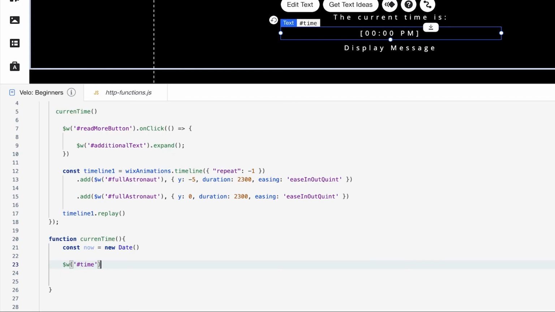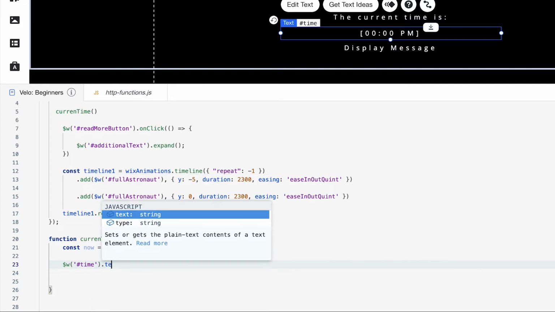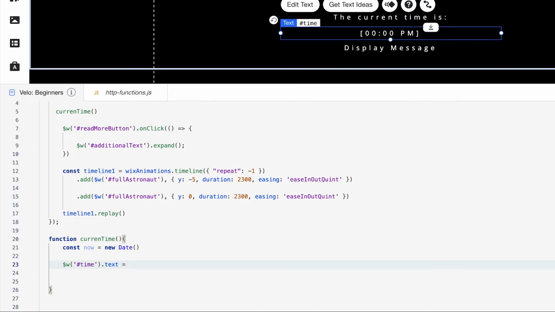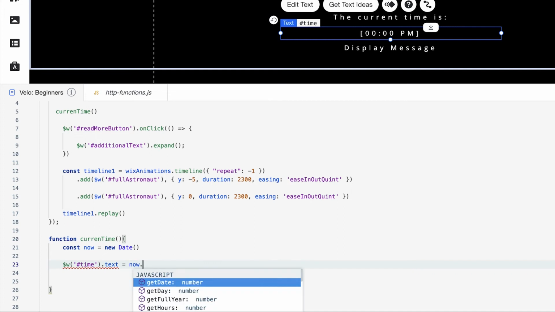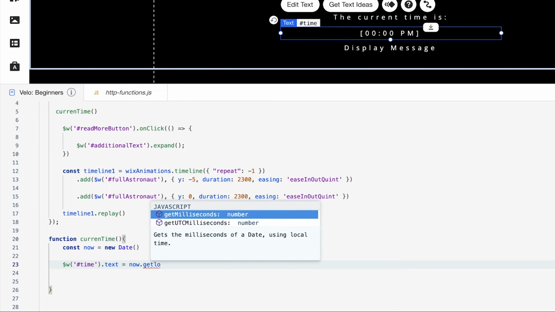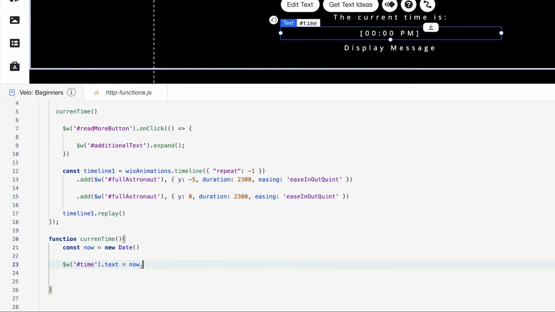So there could be an instance where I have an API that I'm connected to that's going to show me a different message all the time. And it's a hassle to go back and forth and work with static data when I can have something dynamic constantly feeding me something. And we're going to change the text using the text property, since it's a text or a string data type. So .text, and we're going to set that equal to now, which is our current date. So it's getting everything down to the millisecond. And we're going to use toLocaleTimeString.